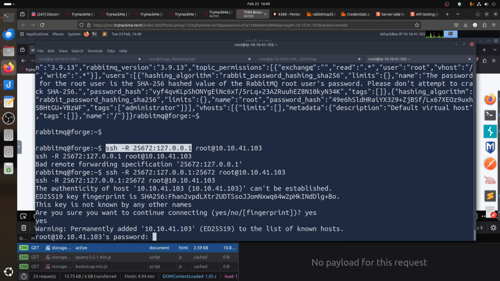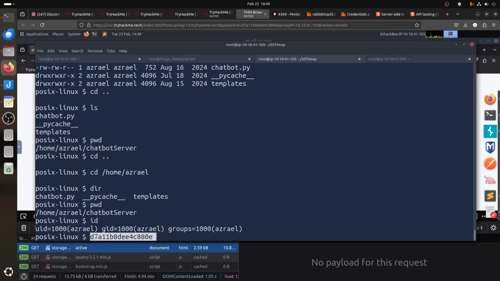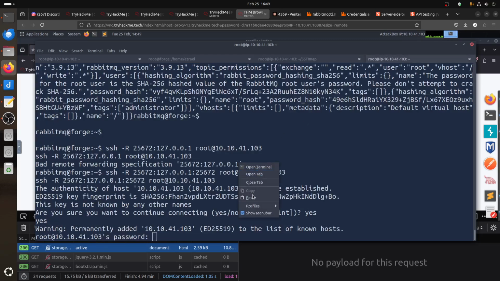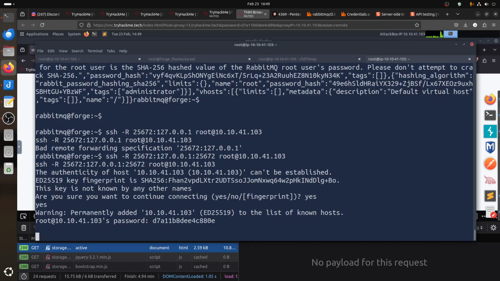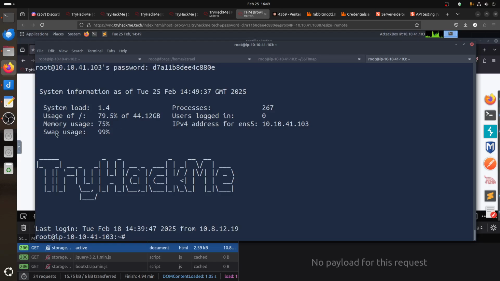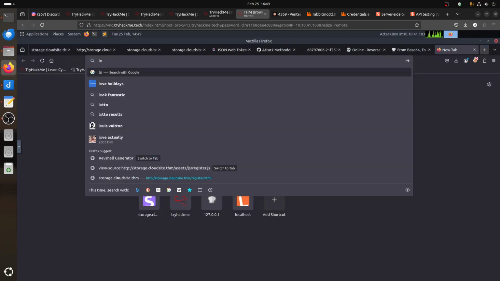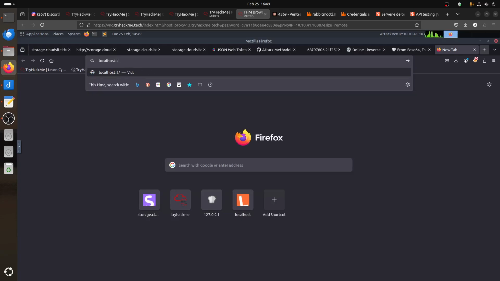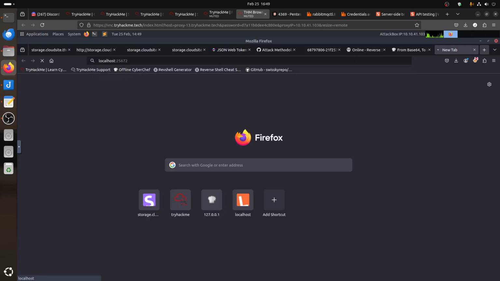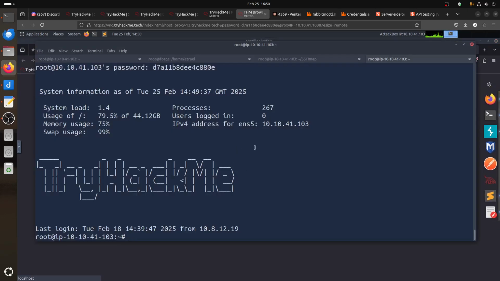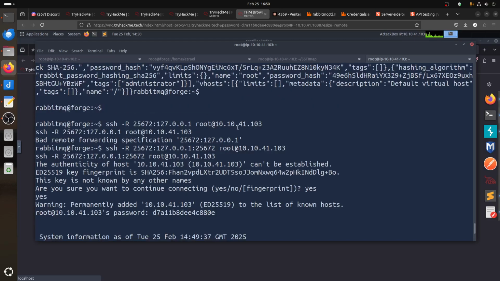Okay, let's connect. Password is this one. Okay, so now in theory, if my logic worked correctly, we can just say localhost 25672. That's the port. 25672